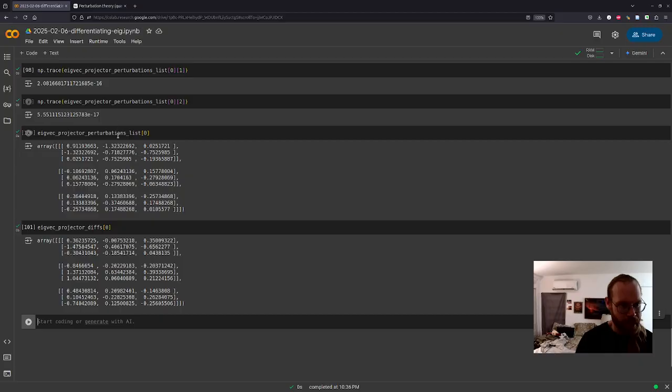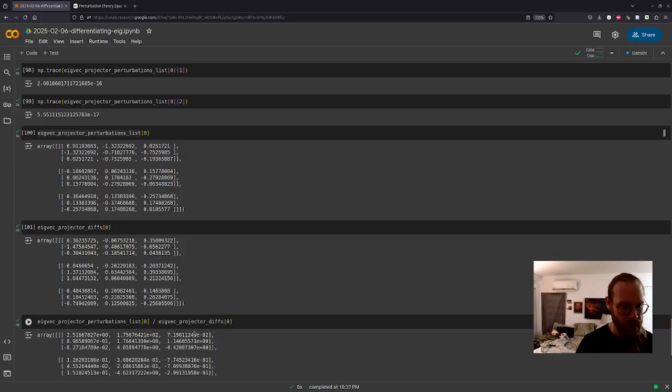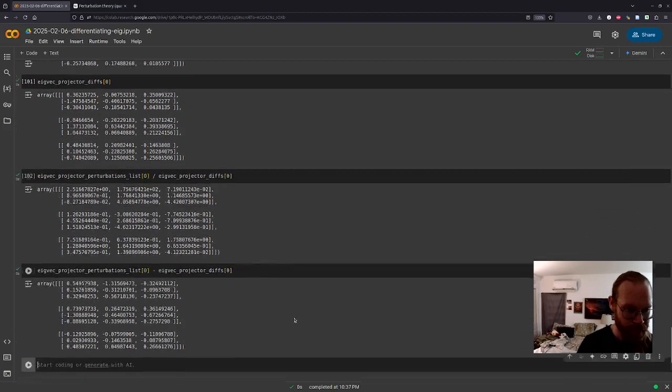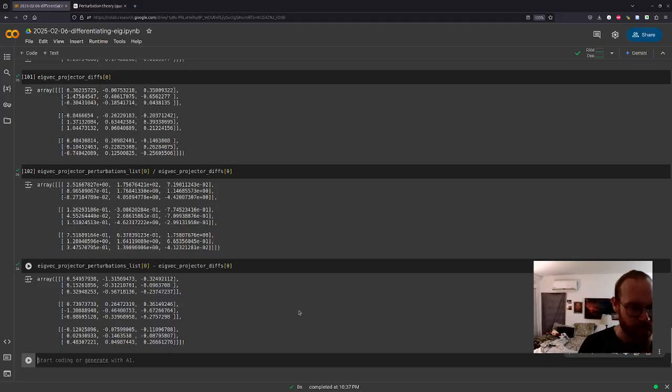Can't really tell a pattern. It's not like they're scalar multiples of each other or something. They're not a constant offset of each other or something either.